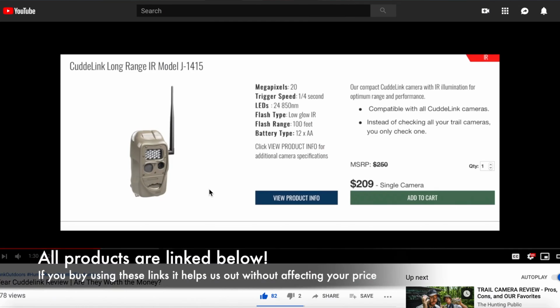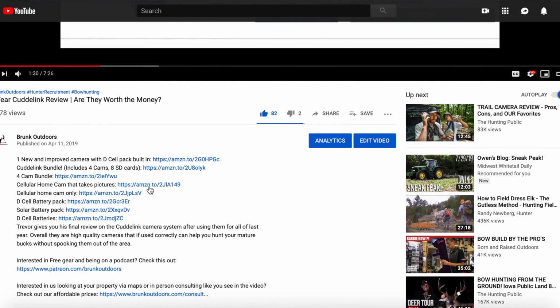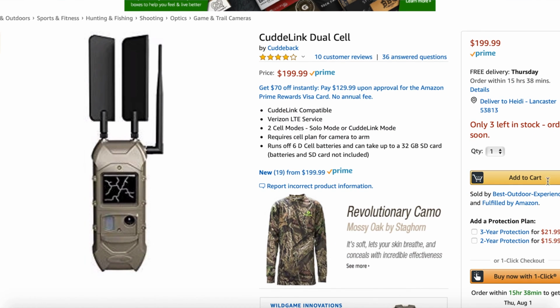Alright, so today is the day we're finally putting out our trail cameras for this year. As a lot of you guys know, we ran the CuddeLinks last year, and we really liked them. We are running the exact same CuddeLinks. We have 11 CuddeLink cameras this year, and we ended up adding an addition to our fleet, I guess you can call it,